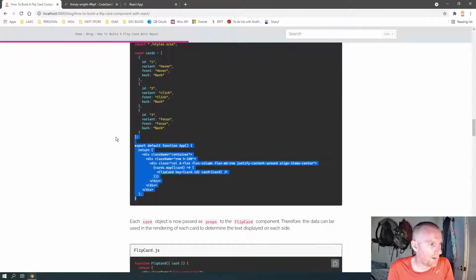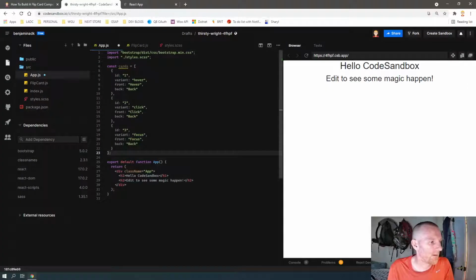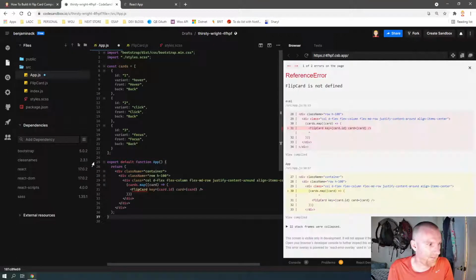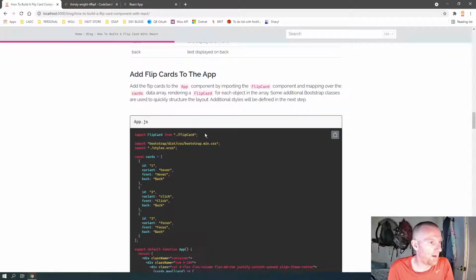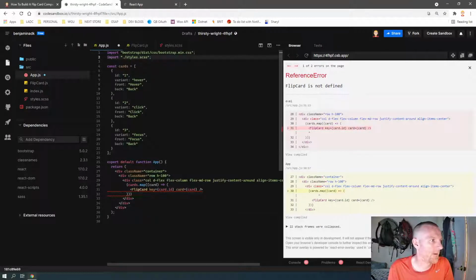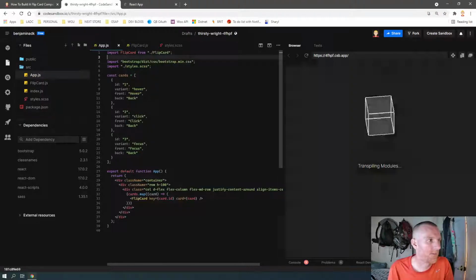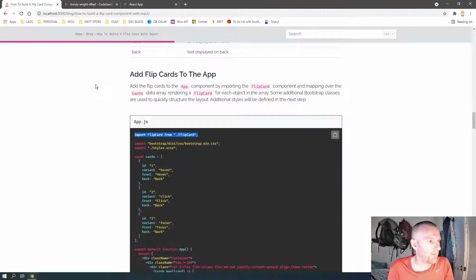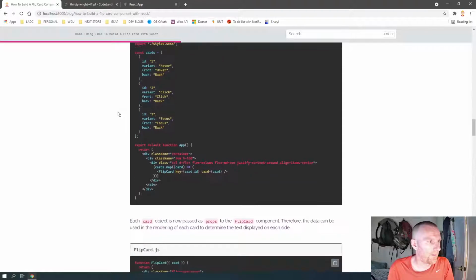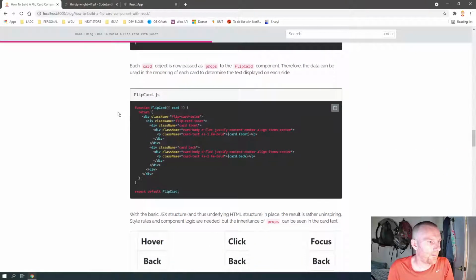So we can just copy this app part, replacing that. Oh, we got to import the flip card as well. Could just copy the whole thing if you want to. And yep, that's going to let us bring in